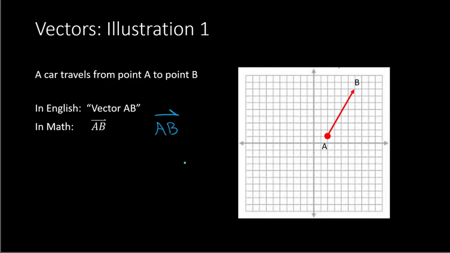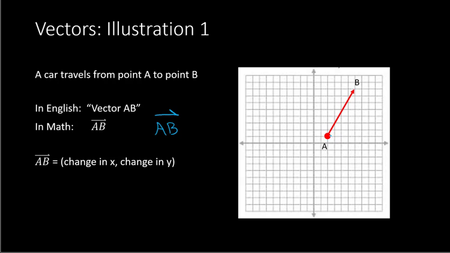Now, a vector can be defined as a change in x and then a change in y. So it's an ordered pair where the x value, or the first number, is the change in x and the second number is the change in y. So in this example,